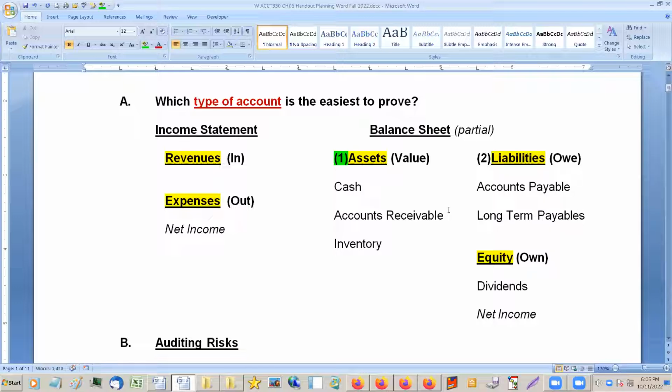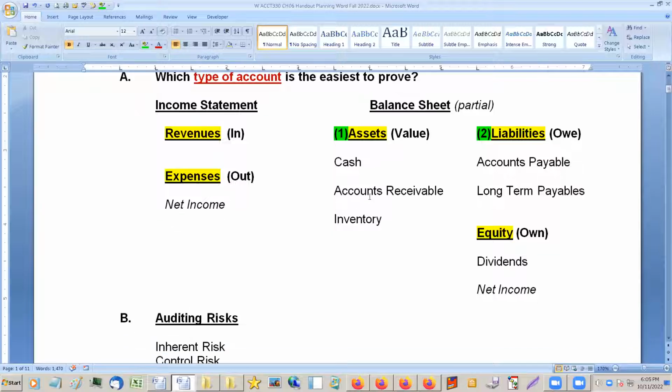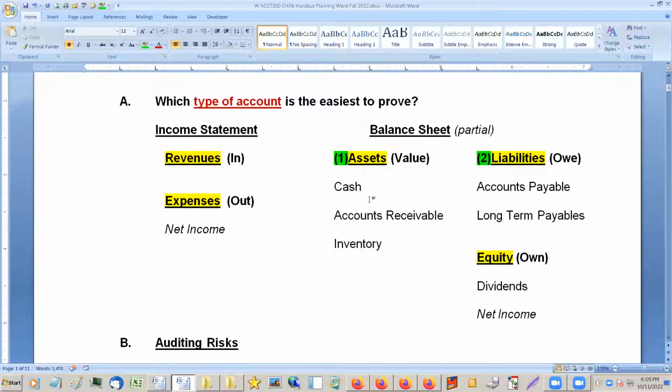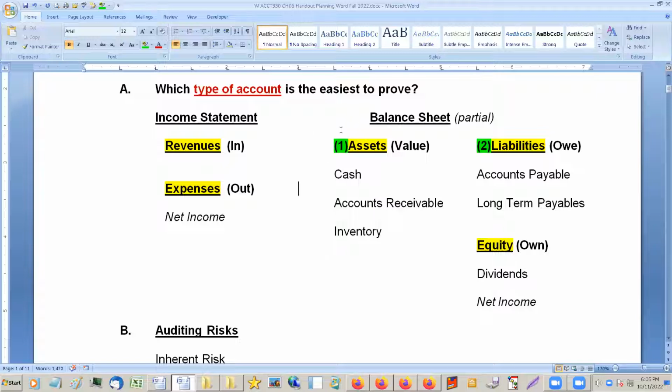That's because there'll be payments being made for these. So you can simply look at the payments, look at the checks going out, and look at the bank statements. Now, here's the beauty of auditing. If you can prove the assets and you can prove the liabilities, well, we know that these two sides equal, right? So, you know, assets equal liabilities plus the equity.